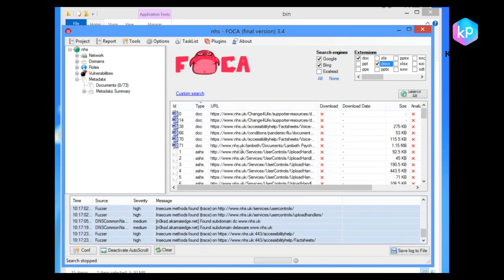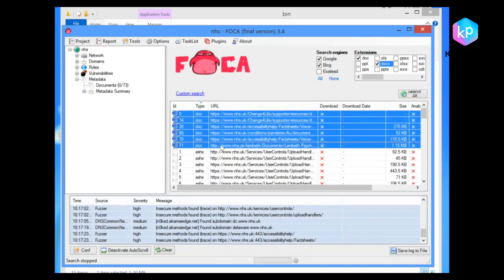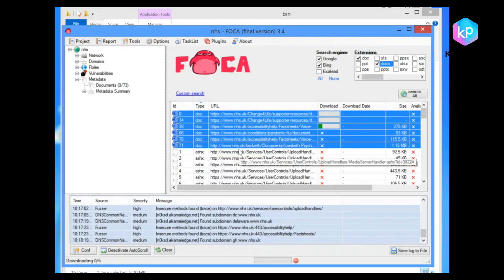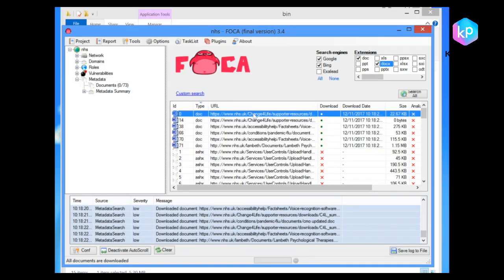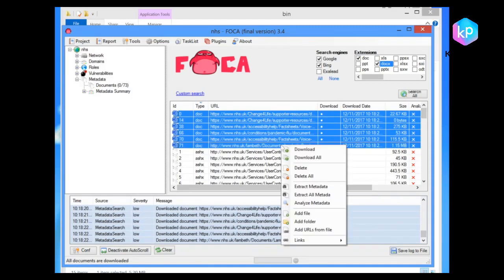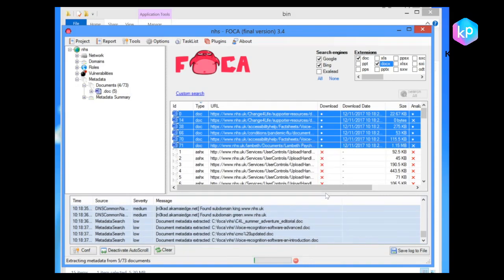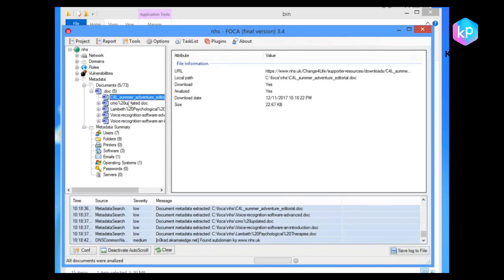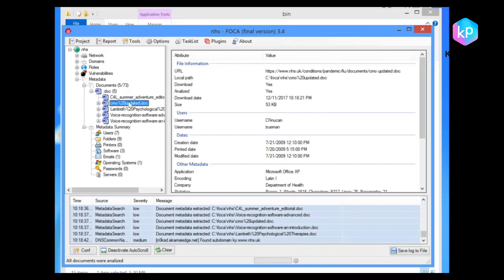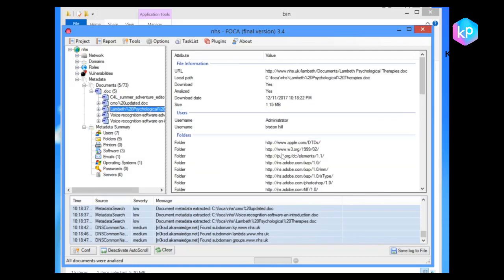Select the documents that you want to collect the metadata from. Right-click and select Download. Select the downloaded documents, right-click, and select Extract Metadata at this time. Look at the nodes under the metadata node of the tree, and you will see the metadata extracted from the downloaded documents. You can examine the metadata of each document one by one,